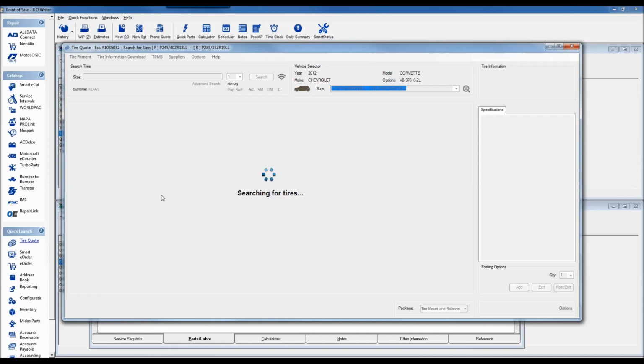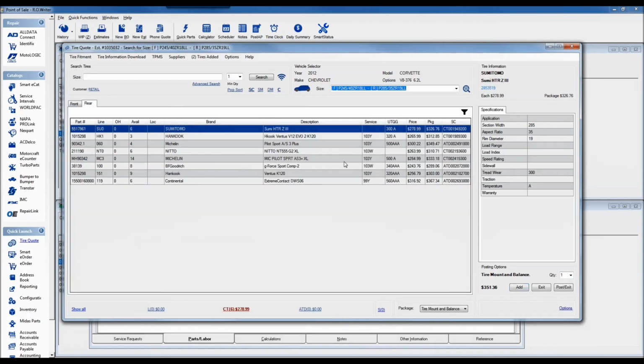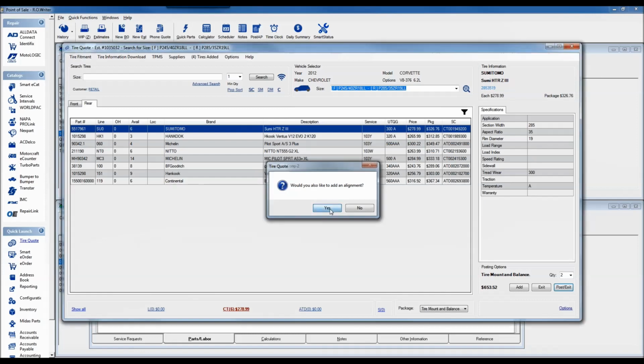So this is where using the quantity and the add/post and exit button comes into play, because as it brings me back my results, what I can do is say, well, on the front, I want to add 2 of those. So I'll change my quantity to 2 and click on add. On the rear, I'd like to add 2 of those. So I'll change my quantity to 2, click on add, and then now when I hit post and exit,